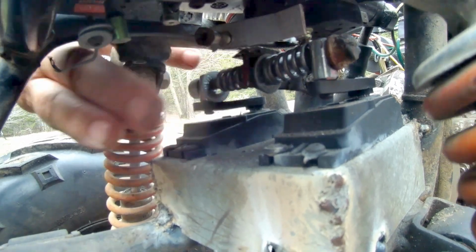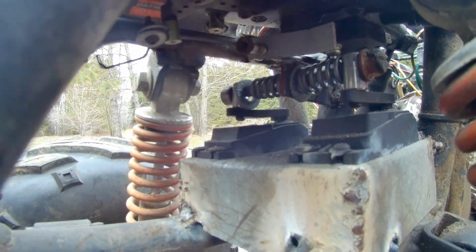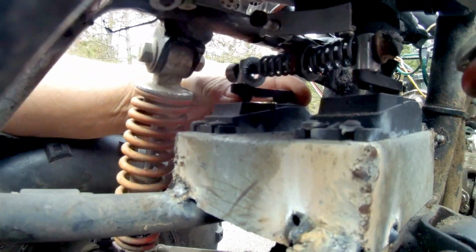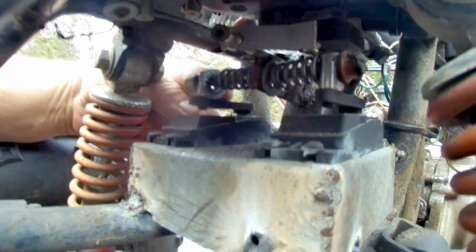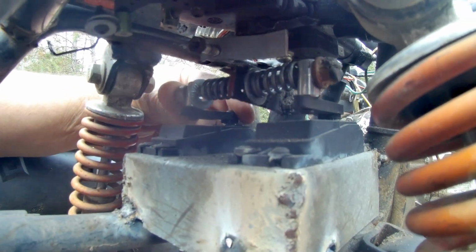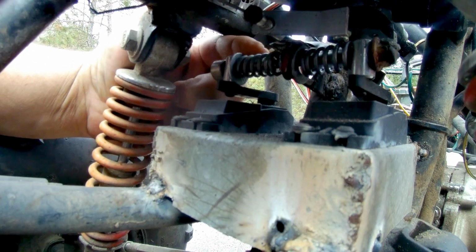I need to get some better springs because after you drive it like 3-4 times, some springs start to smash, and then your servo saver gets sloppy. And I was worried about it because this thing's like 150 pounds. But so far, I'm still running the plastic servo horns on here, and I haven't broke one. I ran into a tree, I've rolled it over. It's been pretty good. But as soon as I can actually get some better springs, I am going to put